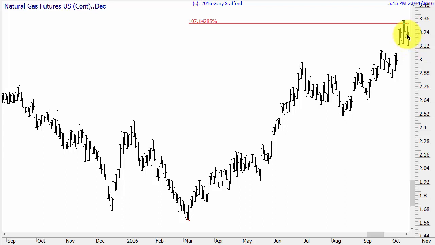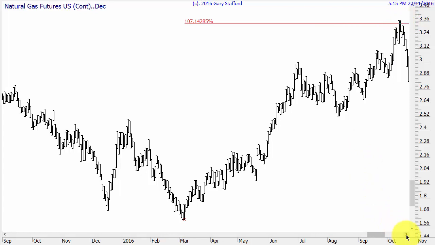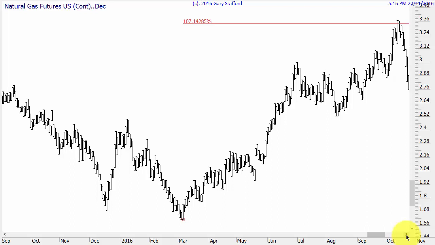If it falls below that low about here, that would be your entry point, with a stop loss above that high, because you don't want to put your stop loss in some random place and then the market goes shooting down. Now the November contract, the December contract became the active month after this fall here.